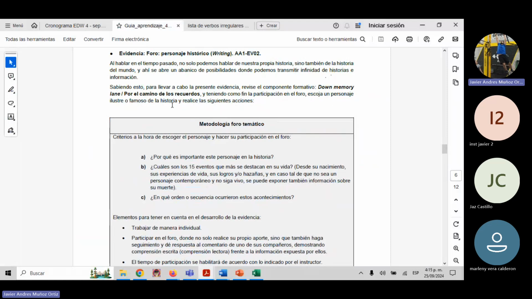So, when we are choosing an important person in history, the idea is for us to choose somebody who has done something good for humanity. Please try not to choose somebody like Garavito, right? The guy who died last year, the murderer of kids and so on. So please choose somebody who has done something amazing for humanity or for the country or for society, for your municipality or something like that.